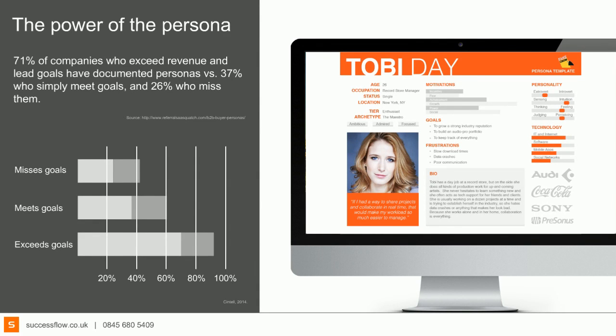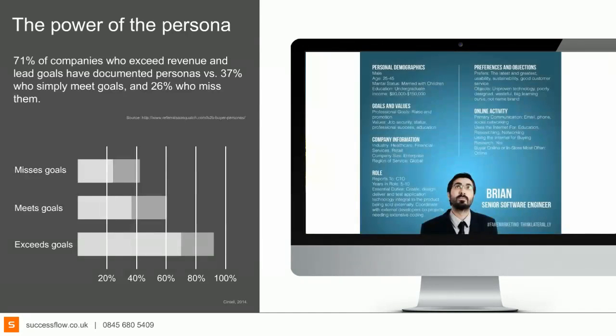You've got the basic demographic information of where they are, age ranges, salary, job titles, but also their goals and their frustrations, and a little bit of information about their personality, which is useful if you're trying to connect with them on an emotional level. You're more likely to engage with somebody if you know what emotionally drives them, as well as what drives them from a business sense. This particular one also has information about the brands they interact with. Recognizing the brands they interact with can be a useful tip for knowing how to speak to them.